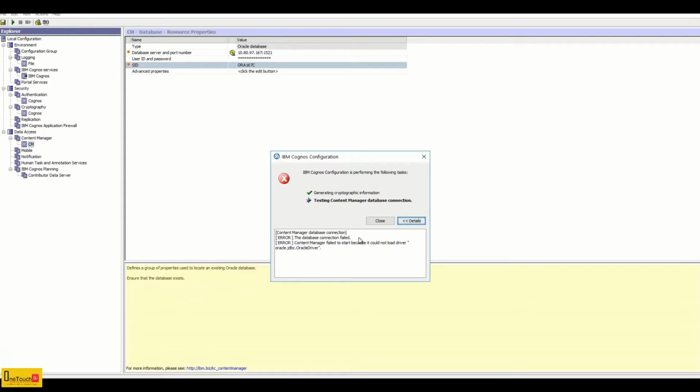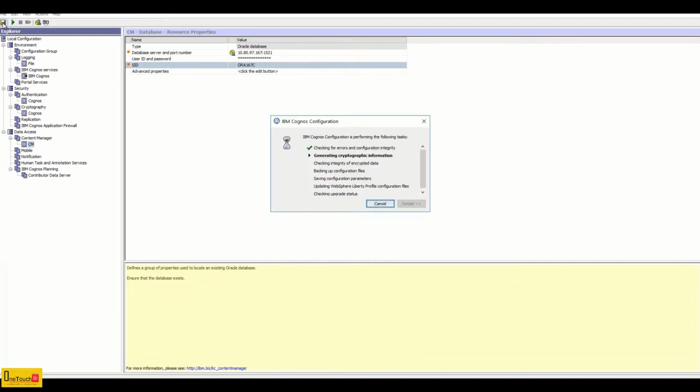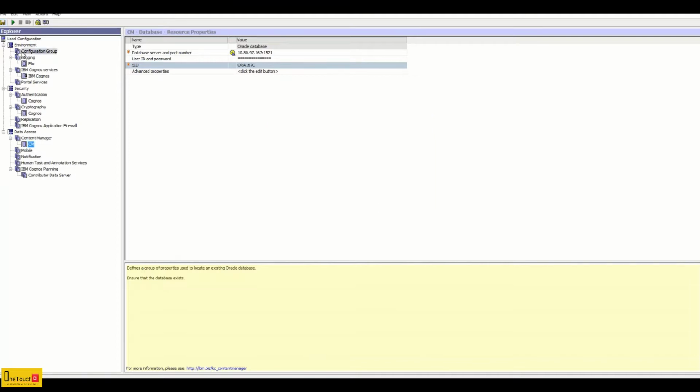Now let's close this Cognos configuration and reopen it because you already copied the files. When you reopen, it will load all the drivers before it launches the configuration window. Before that, whatever settings I did, I don't want to lose, so I'm saving the settings. Click close.